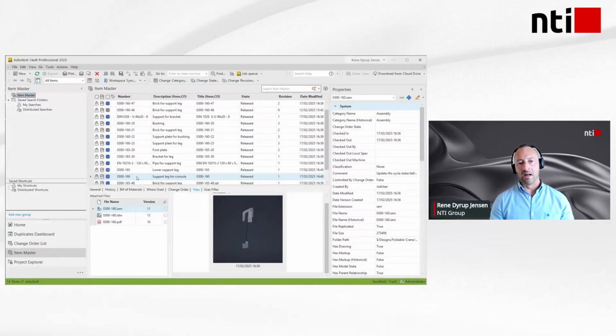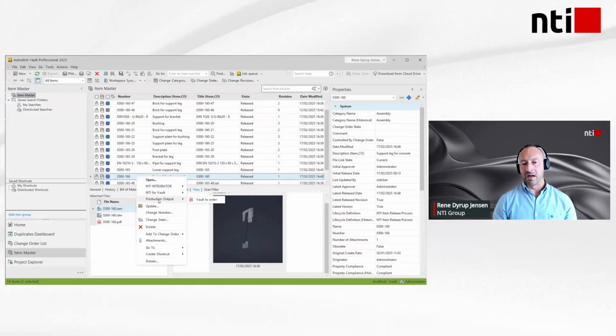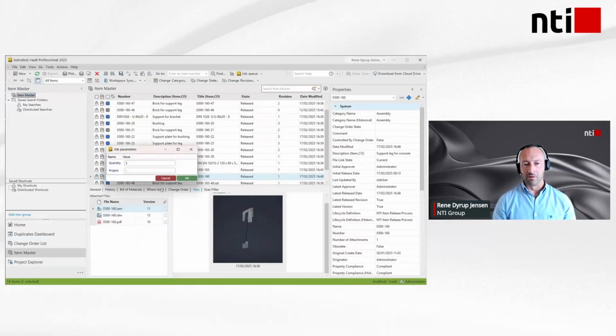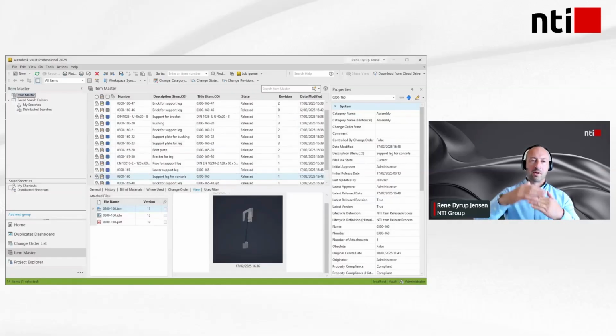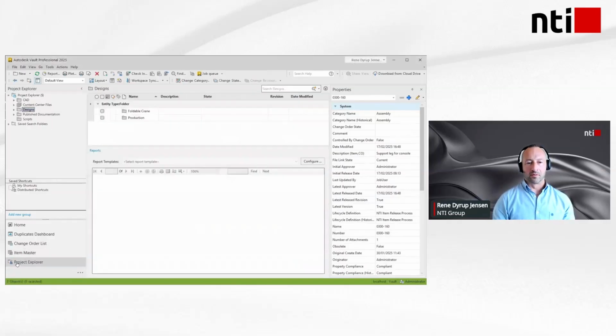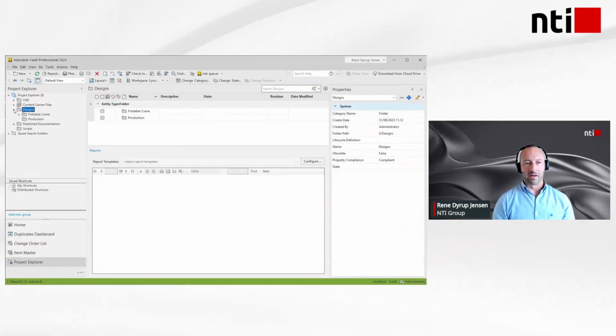So in this case, I have an item, and I have actually created just a right-click menu where I first of all can add a value where my quantity will be multiplied with that value. So now I'm actually multiplying the quantity with 5, and also add a project number. And you can actually have as many information as you want in that dialog box. It's just a matter of configuring it as part of the configuration.